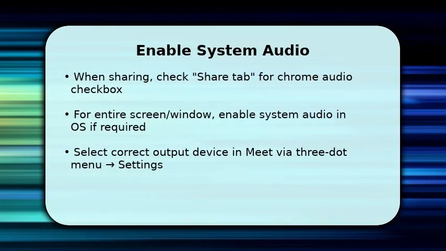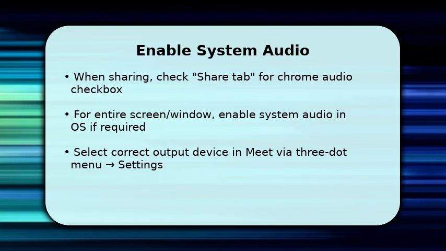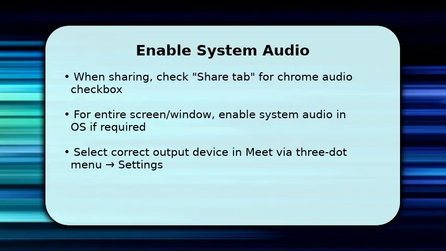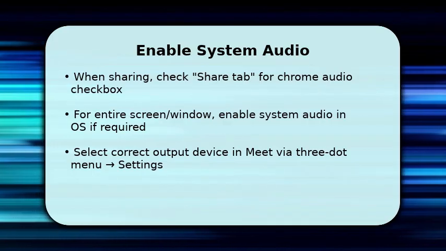Now you enable system audio explicitly. If you share a Chrome tab, tick the Share Audio checkbox. This sends tab audio to participants. If you share your entire screen or an app window, enable system audio in your operating system sound settings so Meet can capture it. Then open Meet settings via the three-dot menu, choose Audio, and confirm the output device matches